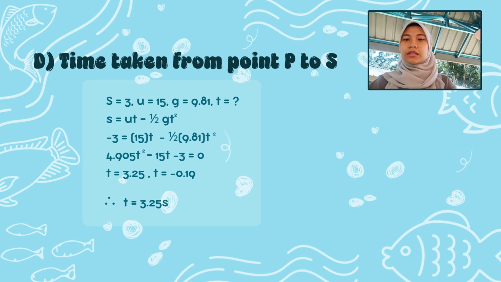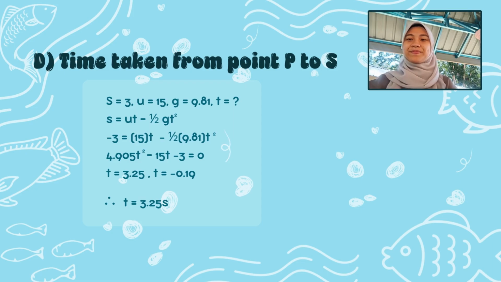Then, we arrange the equation into standard quadratic form and it becomes 4.905t power of 2 minus 15t minus 3 equal to 0. By solving this quadratic equation, we will get two values for t, which are t equal to 3.25 and t equal to negative 0.19. Lastly, since time also cannot be negative, the final answer for t we will get is